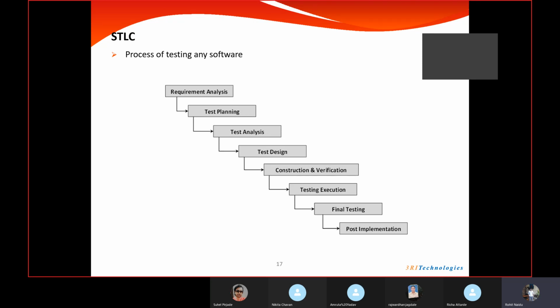And apart from that, we will be deciding what should be the right way. Let's say I have entered the username first and I have clicked on login, and after that I have entered the username and password both and clicked on login. So these are different ways of testing, from different angles, the same application, right?